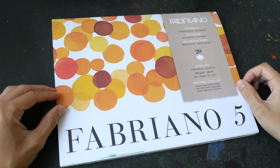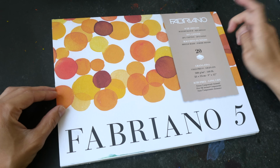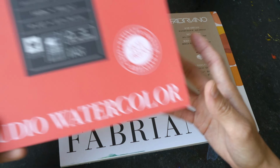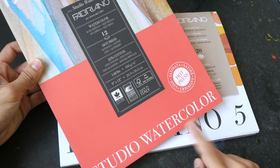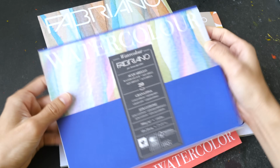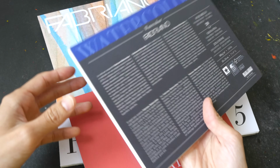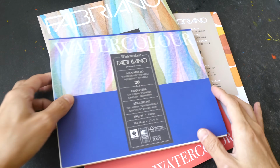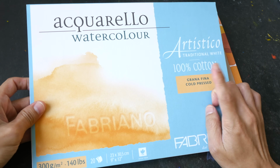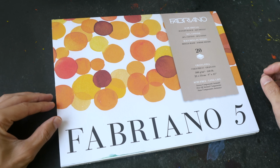For today's video, we are going to take a look at Fabriano 5 50% cotton watercolor paper that's made by Fabriano, made in Italy. This is one of the many papers sold by Fabriano for watercolor painting. They also have studio watercolor paper, which has 25% cotton content. This one is supposed to be Fabriano Studio as well because it has 25% cotton content, but for some reason the studio label is not on the watercolor pad. Anyway, this is their top of the line paper with 100% cotton. This is Fabriano Artistico. So today I'm going to draw and paint on this paper and see how good it